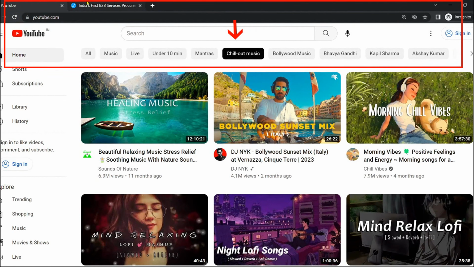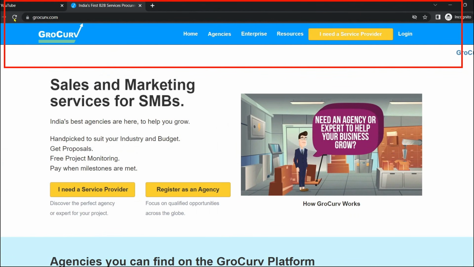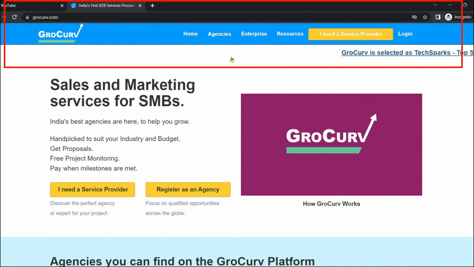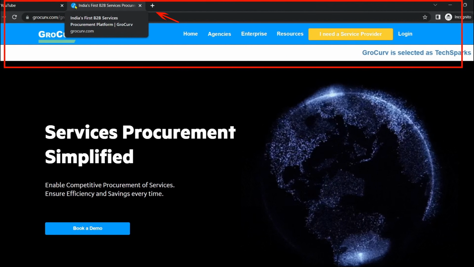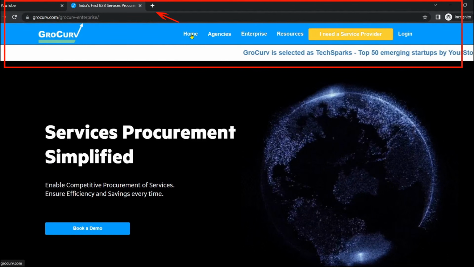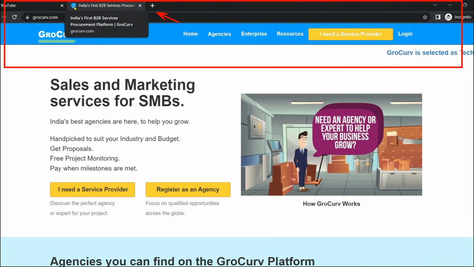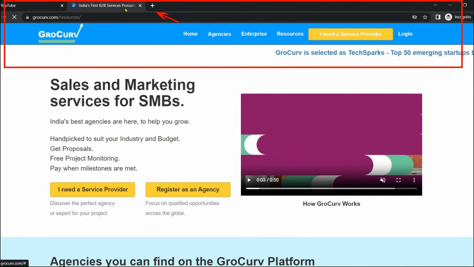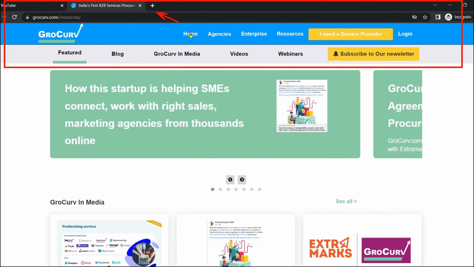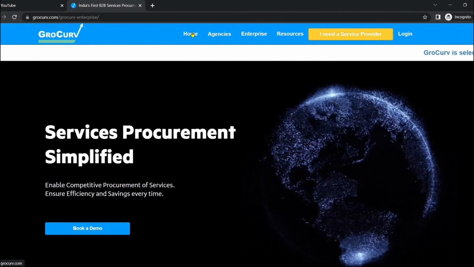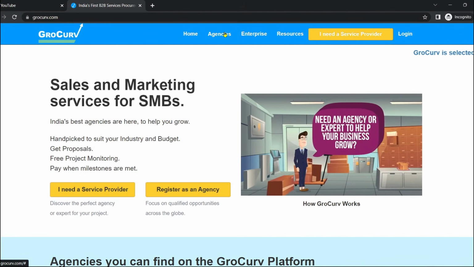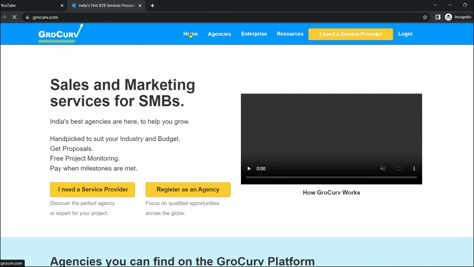Now, if I open some other application which is not a single page and has multiple pages, see this website here, when I am pressing menu items, you can see this reload icon at the top left corner disappearing and appearing for a while, like it's loading and unloading. That is because it is loading another page, okay? With every call it is loading a different page. That is the reason it is a multi-page application, okay?